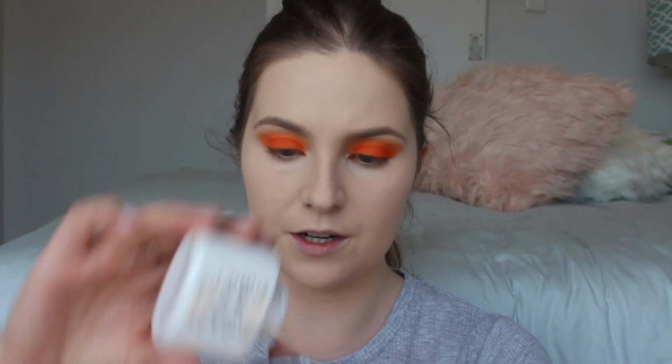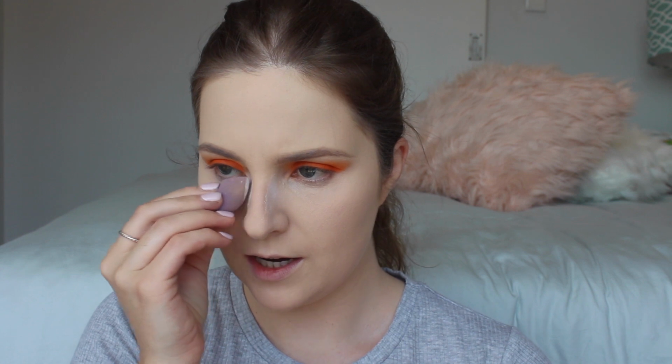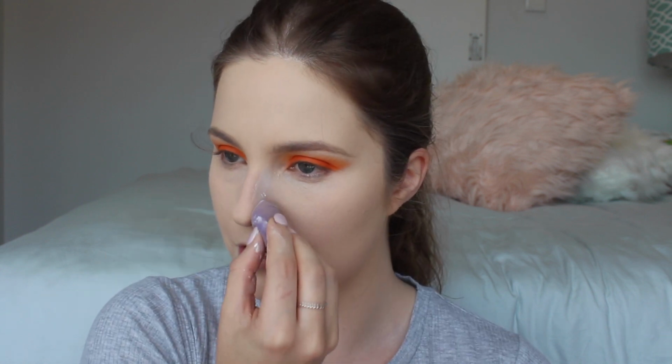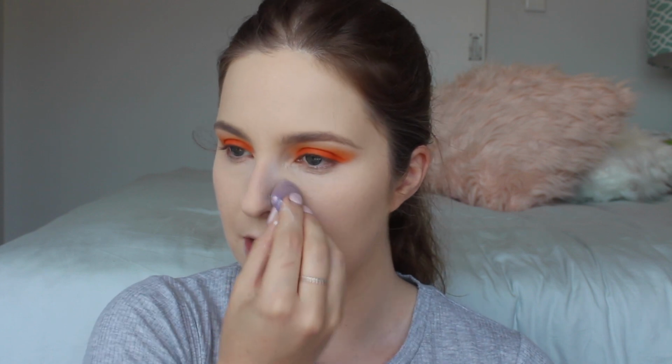This is a Makeup Revolution Bake and Finish powder. I'm going to take my tiny little beauty blender, dip it in, and I'm not putting it everywhere I put the concealer, because I found it made me actually look too light, which is weird for me because I'm ghost pale and most powders are never light enough. But yeah, so what I do is I kind of use it to contour the nose just to keep things